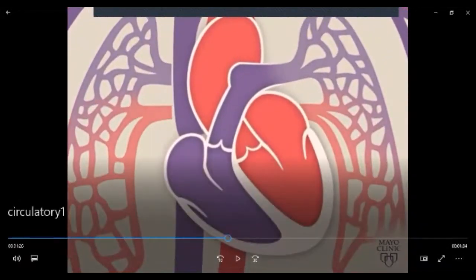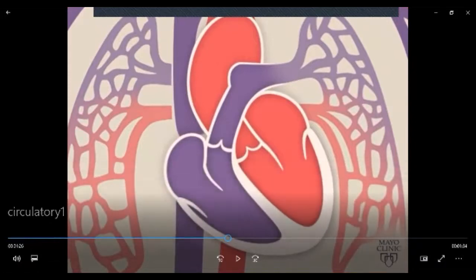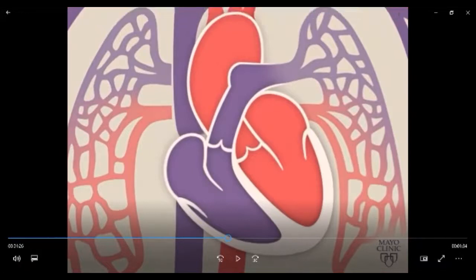If the valve from the atrium is open, then the valve from the ventricle will be closed, and this whole cycle only happens within a second or less than a second. And personally, that makes me amazed how great God has created us. How great God has created living things, because even from a small organ that we have, our heart, the valve, which is even tinier, has an automatic